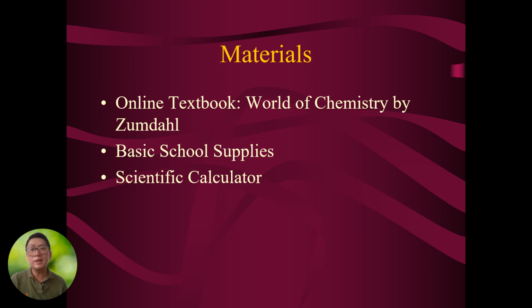Besides that, the students just need your basic school supplies. I mean, just paper, pencil, nothing special. Other than that, students also need a scientific calculator. It's any type of basic calculator. We're primarily going to just add, subtract, multiply, divide with scientific notation. So your basic scientific calculator. I think the math classes require a more advanced, like graphing calculator, and that's more than students need for high school chemistry.